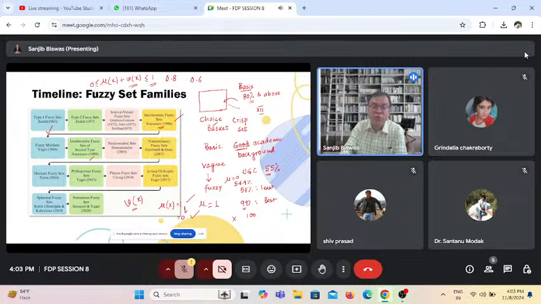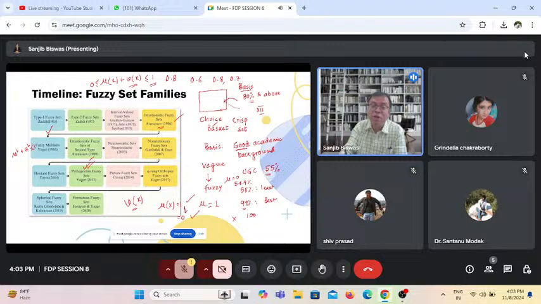Then people get into the domain of Pythagorean fuzzy sets, proposed by Yager. That says mu square plus v square is less than or equal to 1. So if I square it, 0.64 plus 0.36, it is 1. So that means this inequality holds. But in some cases, still a problem is pending, where mu 0.8 and v 0.7 may be there. In that case, it doesn't hold good.